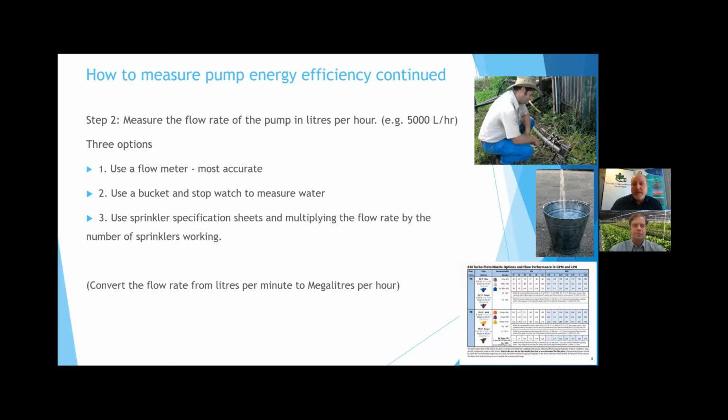Or if nothing else, you can calculate the total output of an area using the flow rates from sprinkler specification sheets. Simply identify what a sprinkler emits and then multiply that by the number of sprinklers for the area, and that'll give you a rough indication of what that flow rate is. Then you will need to convert that from litres per minute into megalitres per hour,